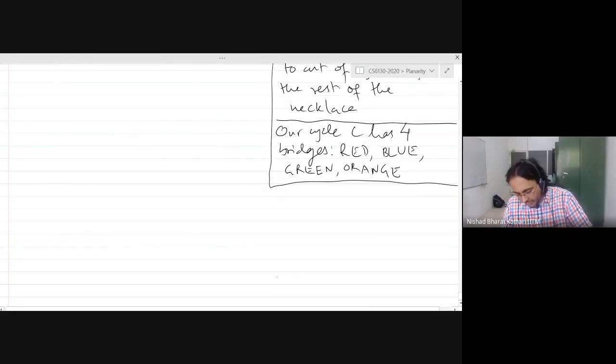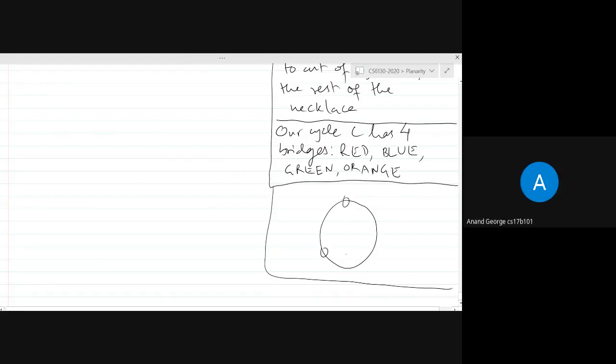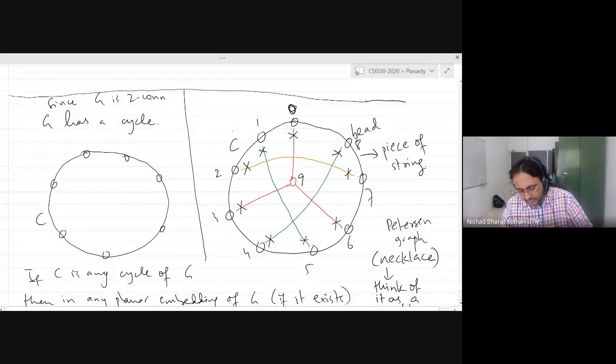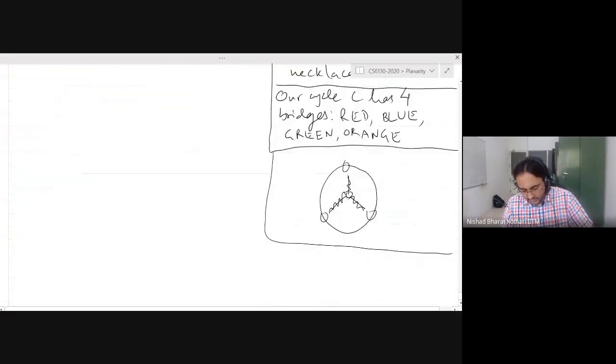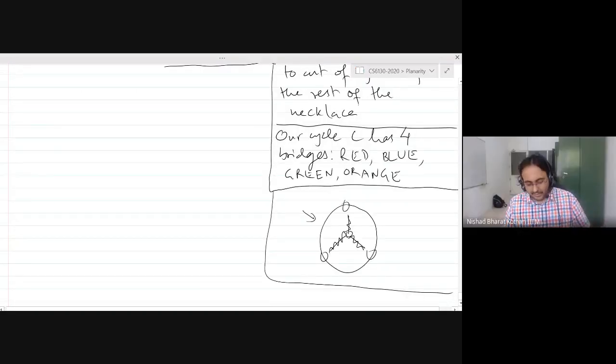Just to give you a quick example, though I have not formally defined bridges. If this is your graph, K4, maybe not this, sorry, I meant this other drawing. So C is your cycle, and I put one vertex inside. This is not a separating cycle because it has only one bridge. But in the case of the Petersen graph, the cycle we drew has 4 bridges. So this is a separating cycle, whereas this one is not. Yes, sir. Okay, but I will write the formal definition of a bridge in the next lecture, so then you will have a rigorous definition. Okay. Thanks.